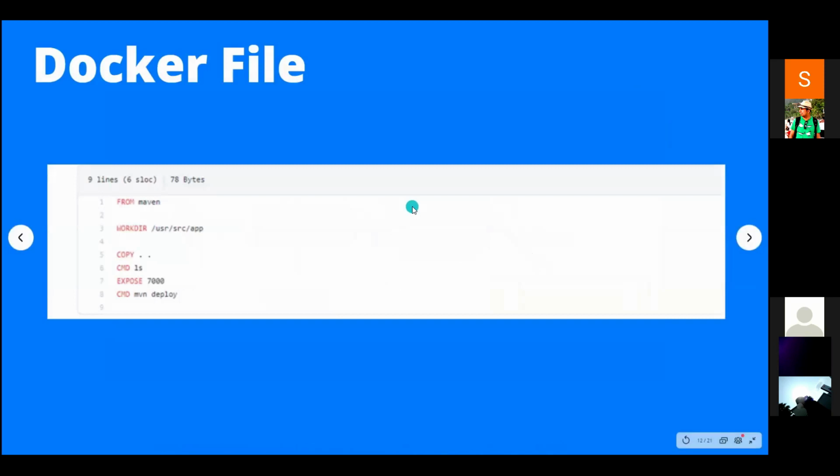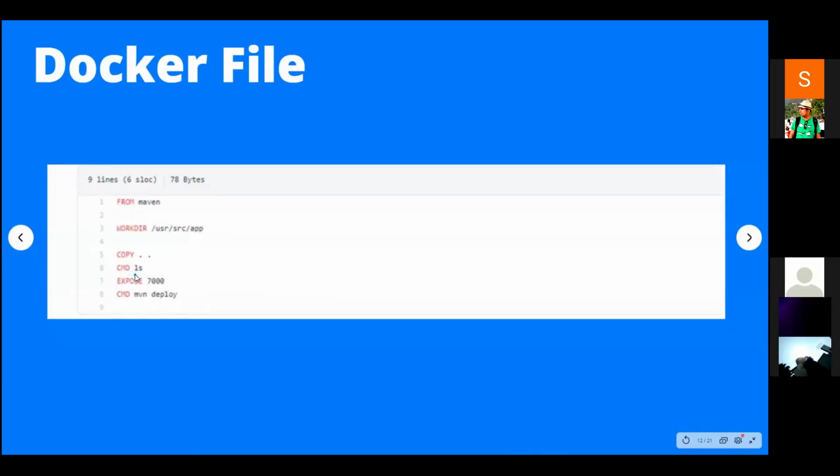Here is a simple example of a Dockerfile. Here is Maven. Maven is a popular image available on Docker. By this command, I'm telling it to pull that image from Docker Hub. After that, do the following commands: copy, and run Maven deploy.